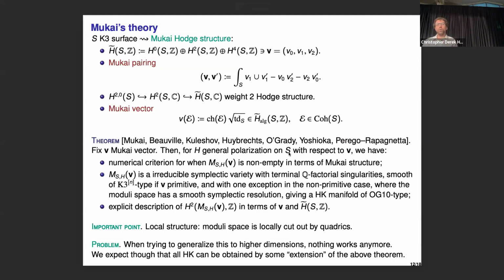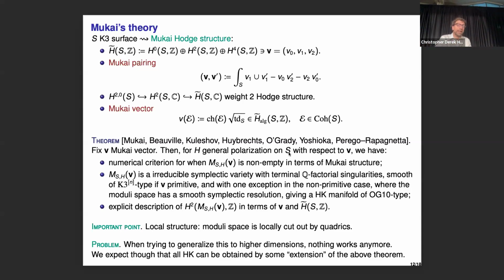Okay, great. So let me go back to the local structure. Smooth in general is easy, but even in the singular case, the moduli space is cut out by quadrics. What does it mean? I look at the tangent space, which was the Ext^1, and then I have my Kuranishi map, which goes into the Ext^2. And so the moduli space locally will look like the zero locus of this map modulo some group of automorphisms. For K3 surfaces, this Kuranishi map is super simple. It's just quadratic, given by the Yoneda product on Ext^1. So Ext^1 goes into Ext^2. It's very easy to study singularities because I know explicitly what it looks like.